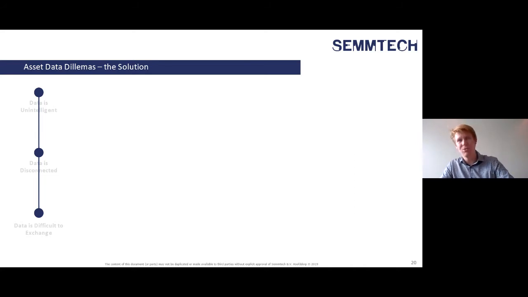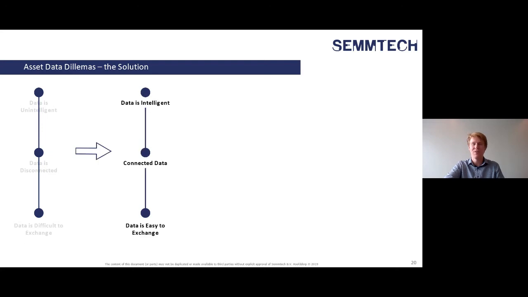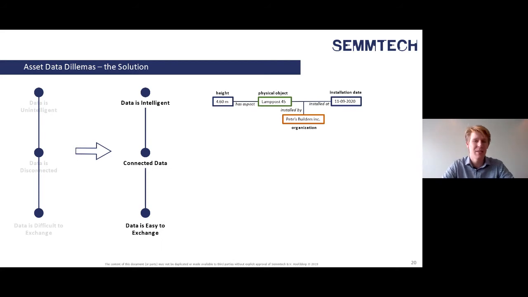Well, our solution at its core is simply to flip this around. We have to make the data intelligent, we have to ensure that data is connected, and we have to ensure that data is easy to exchange. So one way to make the data intelligent is to explicitly capture how the different sets of information are related to one another. We do this by implementing specific semantically heavy